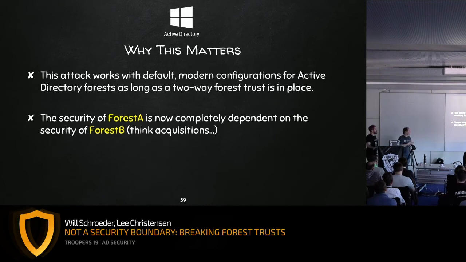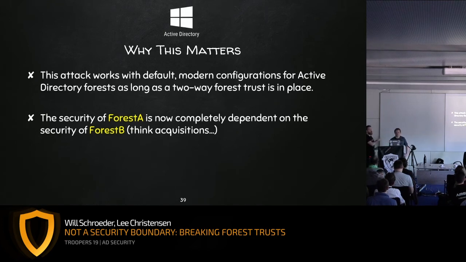One of the big implications of this now is, if you have two forests that trust each other, Forest A and Forest B, the security of one forest is completely dependent on the security of the other forest. So think about acquisitions, where a company that purchases other companies says, okay, the Microsoft guidance says that the domain's not the boundary, so we're going to do a forest-to-forest trust because we need to link up authentication systems and have everything brought in. But they think, oh, this is a boundary, so we're doing this correctly because we just have an external forest-to-forest trust.